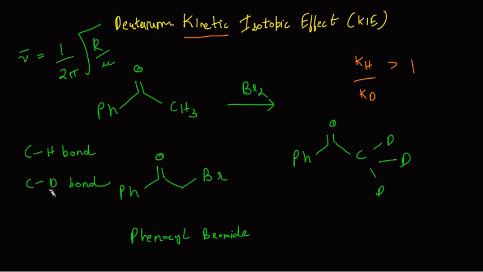If the CD bond vibrates slowly, that means its zero point energy is going to be lesser than that of a CH bond. The zero point energy of the CD bond is going to be less. The CD bond vibrates at a lower frequency as compared to a CH bond, around 2200 centimeter inverse, whereas a CH bond vibrates around 3000 centimeter inverse. Because this is of lower energy, this bond is more stable. This bond has a lower zero point energy, so it is more stable as compared to the CH bond theoretically. So that is why it is difficult to break the CD bond in comparison to a CH bond.